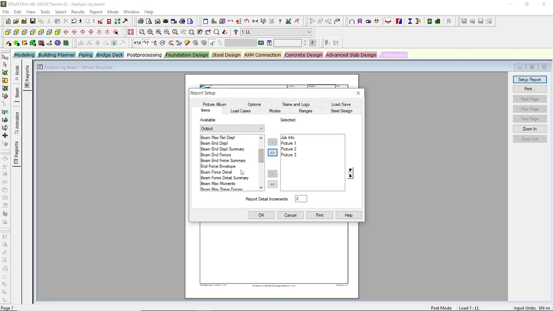One is maximum bending moment, so click it, and maximum shear force, then beam displacement summary. These details are to be viewed as a PDF document.